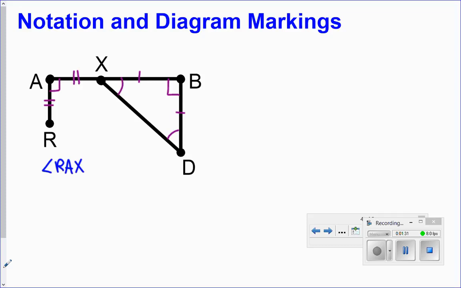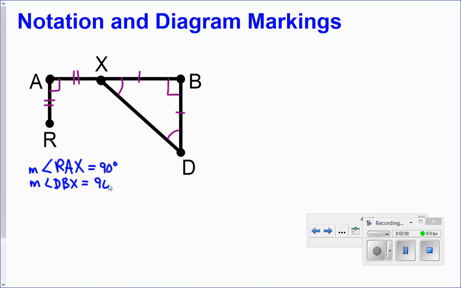So the way that I do that, I've already written angle RAX. I'm just going to put a lowercase m in front of that, and we read that as the measure of angle RAX. And then I would just say equals, and I would write 90 degrees. Similarly, because I see that same marking here, I can also indicate that the measure of angle DBX